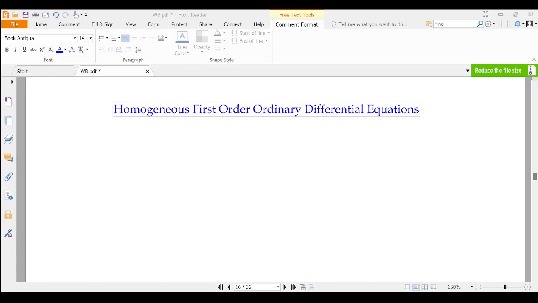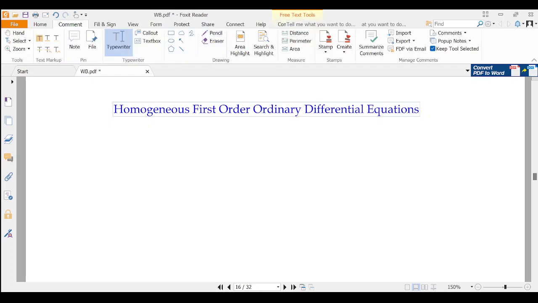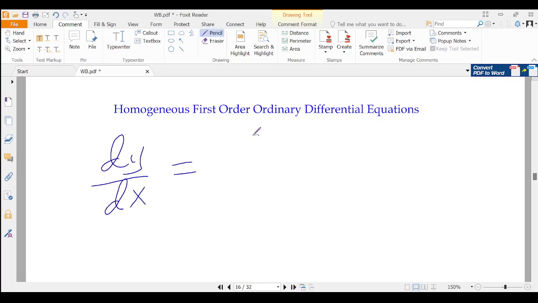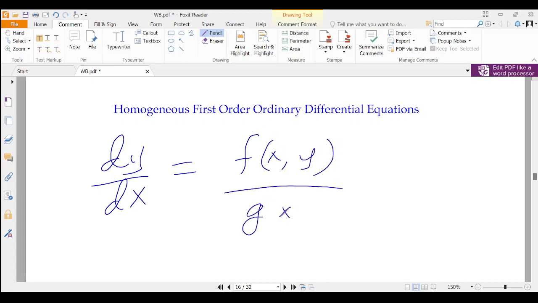So in this session, I will discuss a homogeneous first order ordinary differential equation. Now, we shall consider a differential equation that will take the form dy/dx = f(x,y)/g(x,y). This differential equation must satisfy a special condition: the functions f and g are both homogeneous of the same